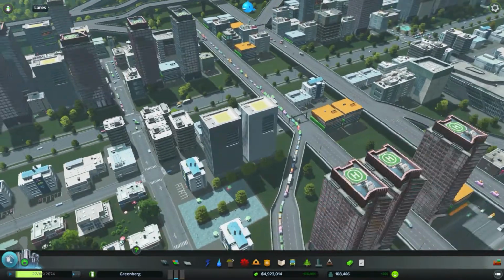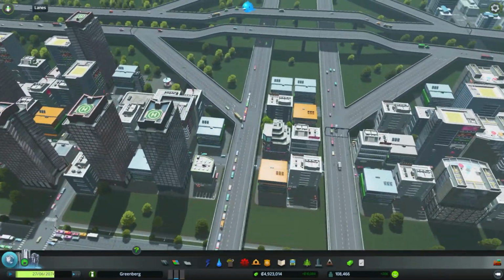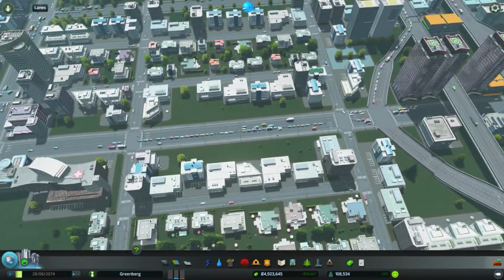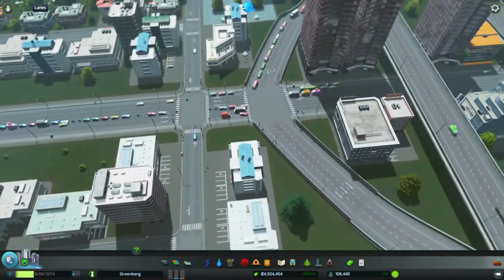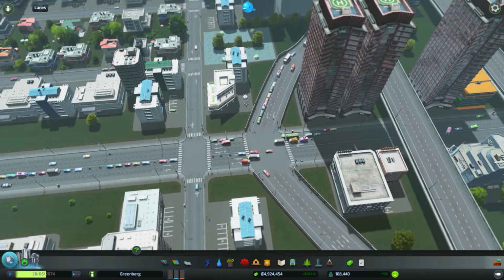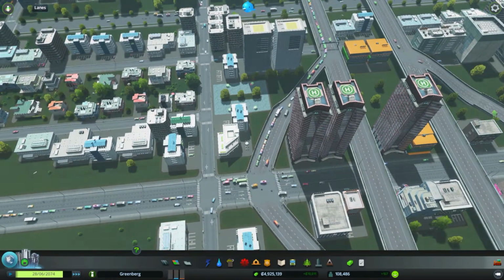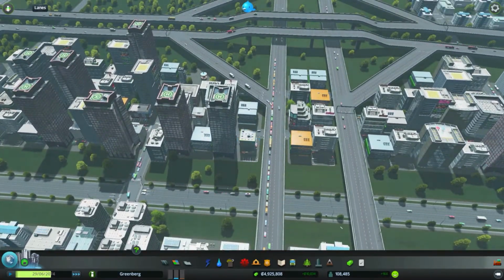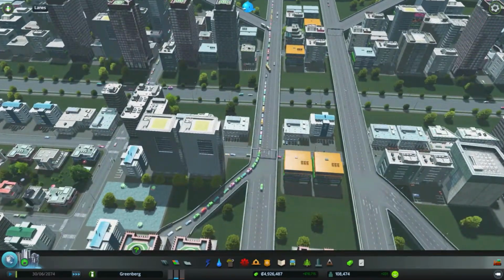Now, the next mod is the No Despawn mod. So you see this long traffic jam? Basically, this is because I have eliminated despawning of cars. So now, no cars will despawn, no matter what happens. Even if there's a traffic jam, there's just...